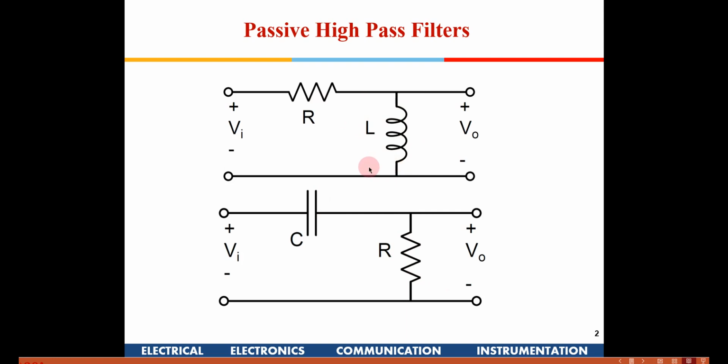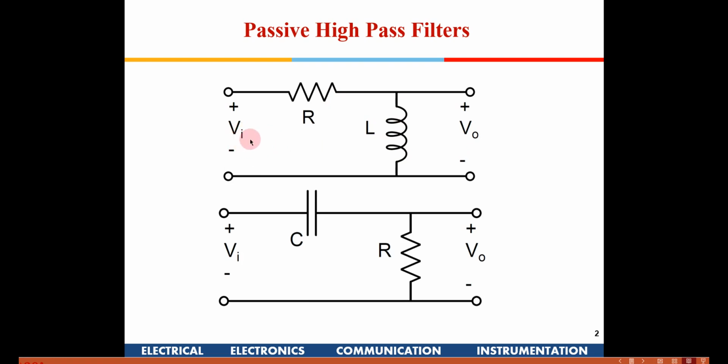If you see the top figure, we have a resistance which comes in series and an inductor which comes in parallel. So at low frequencies, what would happen? L is going to act like a short circuit, right? The impedance offered by the inductance is L omega, so that is why this is going to act like a short circuit. If this is a short circuit, obviously by the voltage division rule, there is not going to be any output here.